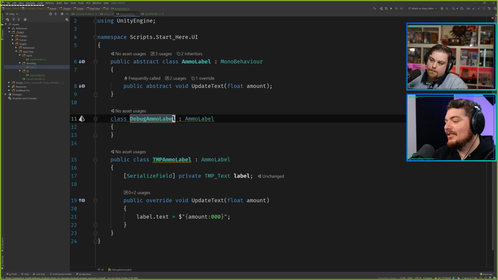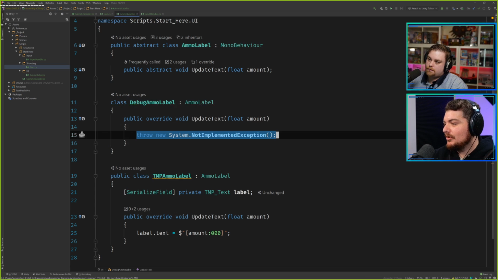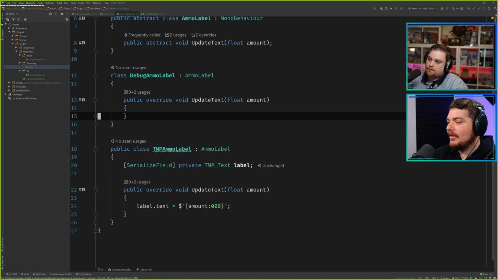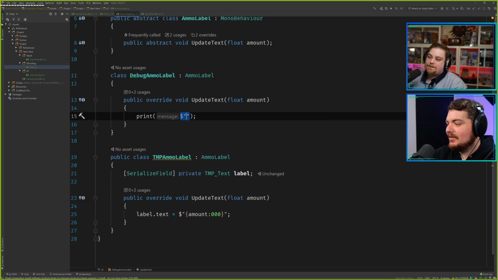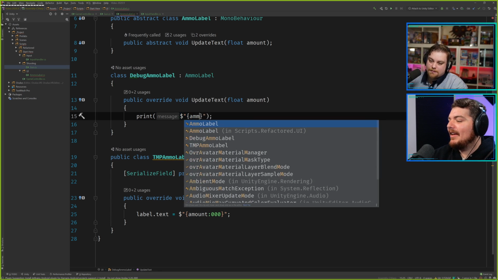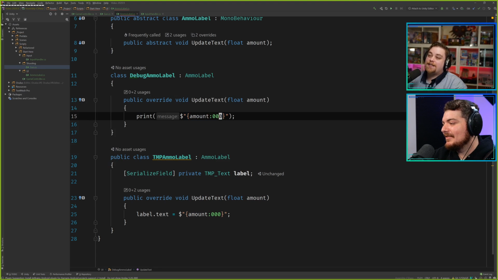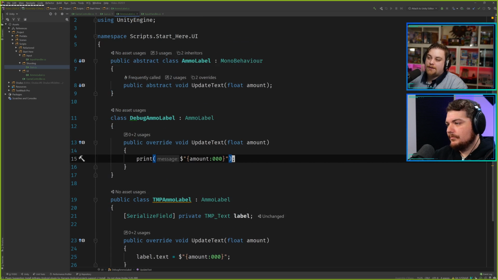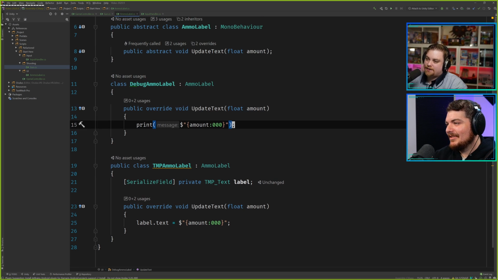It's interesting now. The more I'm implementing this, I'm seeing where ammo label is just such a weird name for it, and I'm already thinking of ways to change that. In this case, whatever. It's just something to think about. I mean, it gets the juices flowing. You know what I mean? It does, yeah. I think it's fine. Imagine if it was UI underscore ammo label, but again, ammo label is implying it's a label. It's not the end of the world. It's not one of those big things that's too much of a worry, right?